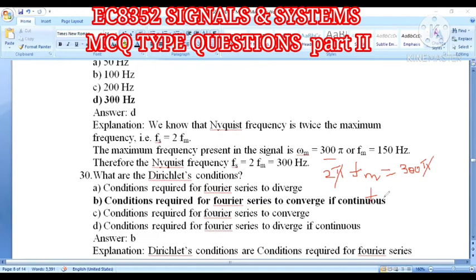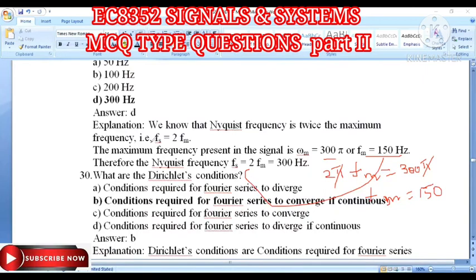Therefore Fm is equal to 300 by 2, which is nothing but 150. So the frequency is 150 Hertz. So here I write down 150 Hertz. Therefore the Nyquist frequency Fs is exactly equal to 2Fm, so the answer will be 300. Fm is 150, and 150 is multiplied by 2, so the answer becomes 300. Don't put 150 Hertz here, because the sampling frequency is exactly equal to 2 times Fm. So first you find the Fm value and multiply with 2 to get the answer, that is 300 Hertz. Am I clear?